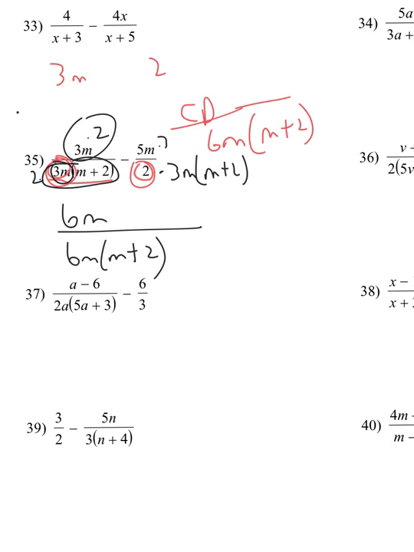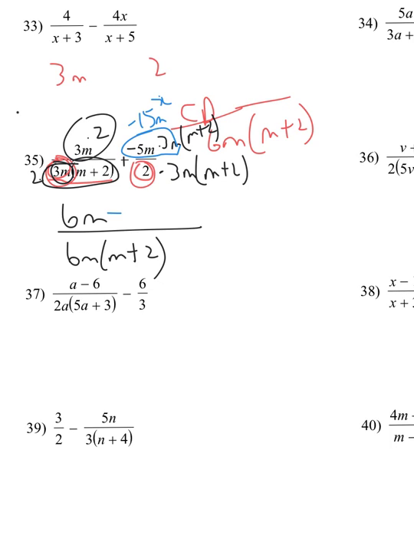So I've got to multiply by 3m, m plus 2. Now what I would do is change that to plus, and that really means that 5m is negative. So if I keep going right here, I have negative 5m times 3m, which is minus 15m squared,